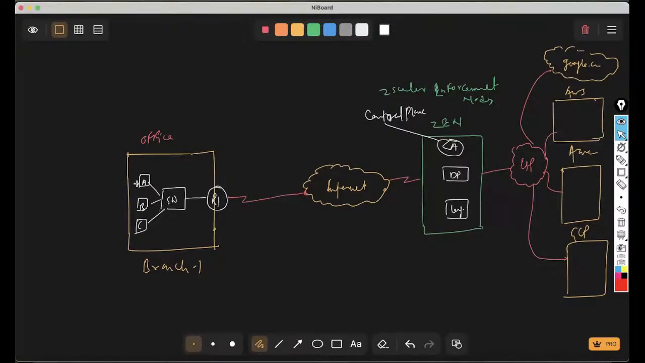There is one user, okay? This user belongs to the HR department. This user is going to belong to the IT department. This one is going to belong to the sales department. This HR is going to require access of the